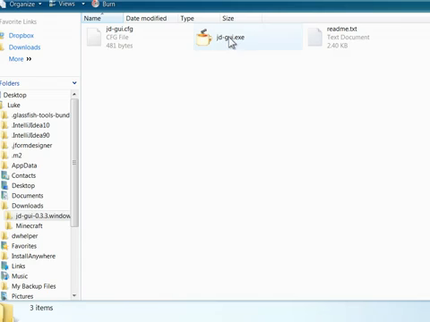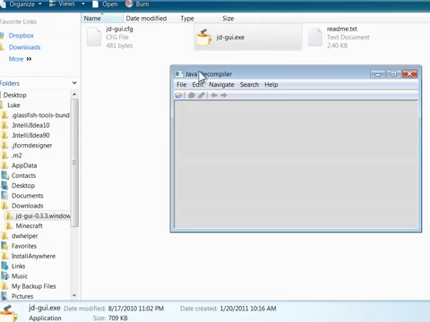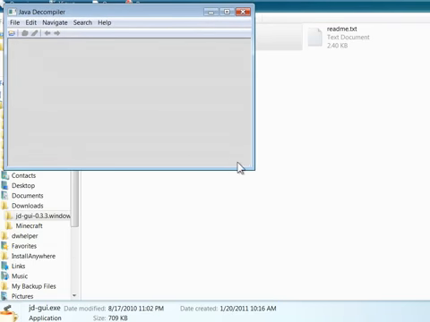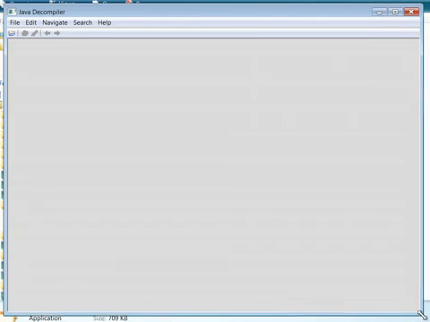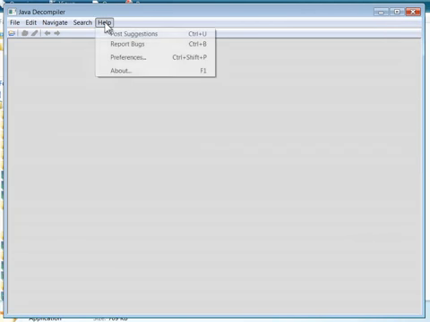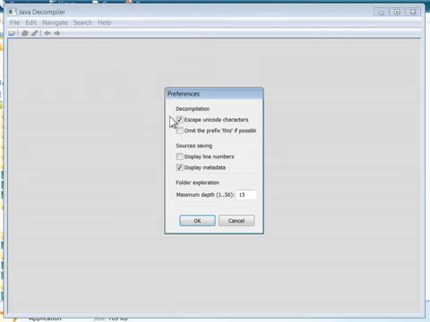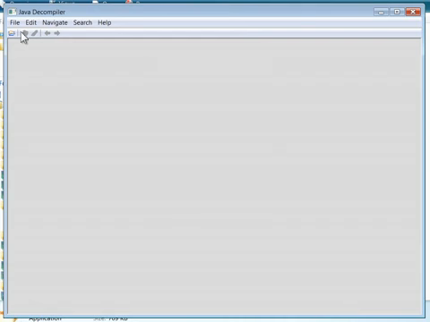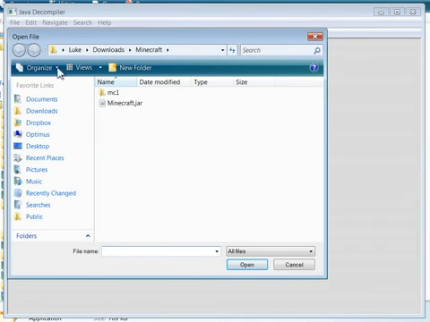I use JD GUI to decompile. So you just start it up. Let me resize this for you. And we'll take a look at my preferences here. So escape Unicode, omit this prefix, don't display line numbers because it injects them in the source code files. It's really ugly. And then just go ahead and browse to the jar that you want to modify, in our